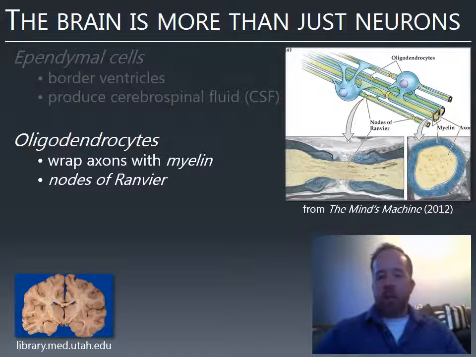But just know that coating the axons with this fatty substance makes them more effective, and it's actually this fatty substance that breaks down in diseases like multiple sclerosis. It makes the neurons less effective, which is why MS patients have a harder time moving, because the myelin is being broken down. Also down here in the bottom left, you see a slice of a brain.